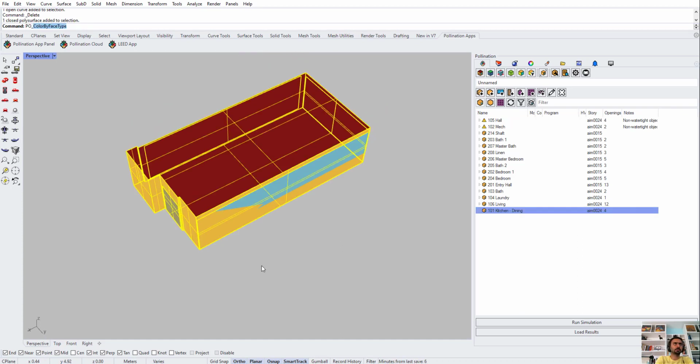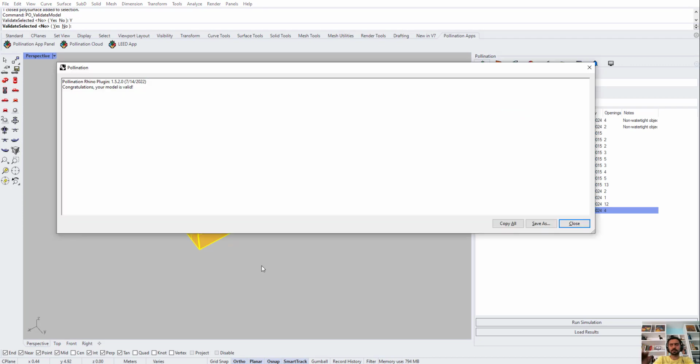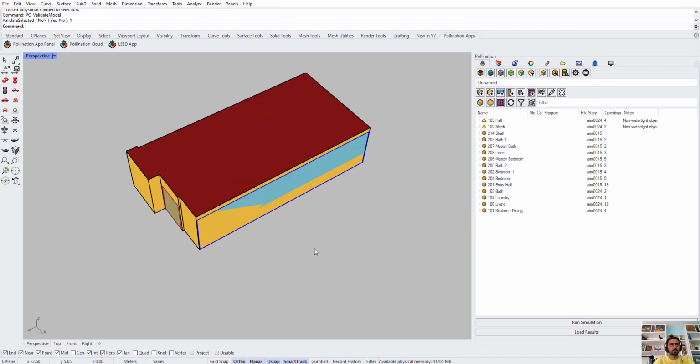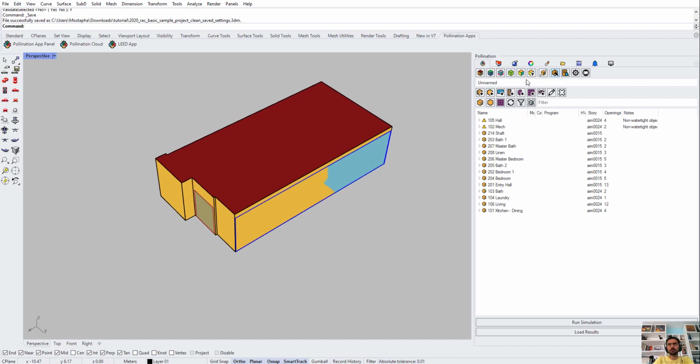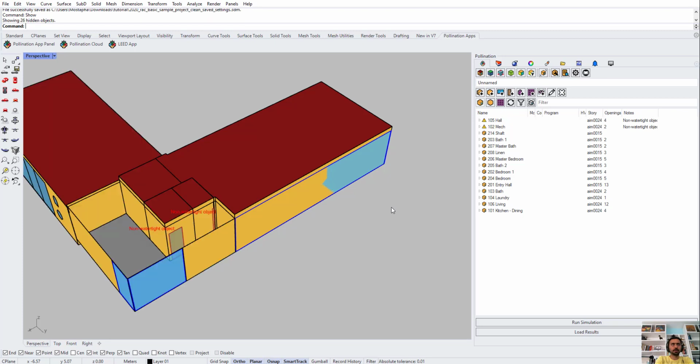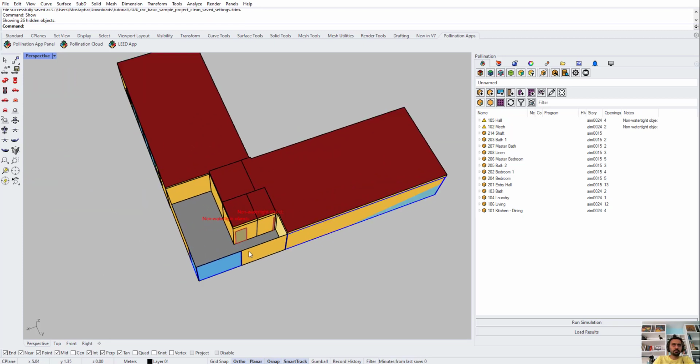So what I'm going to do, PO validate model, just unselect it. Yes, it's valid, so we're all good. Let's save this now. So now we have 2 out of 4 fixed. I have another one here